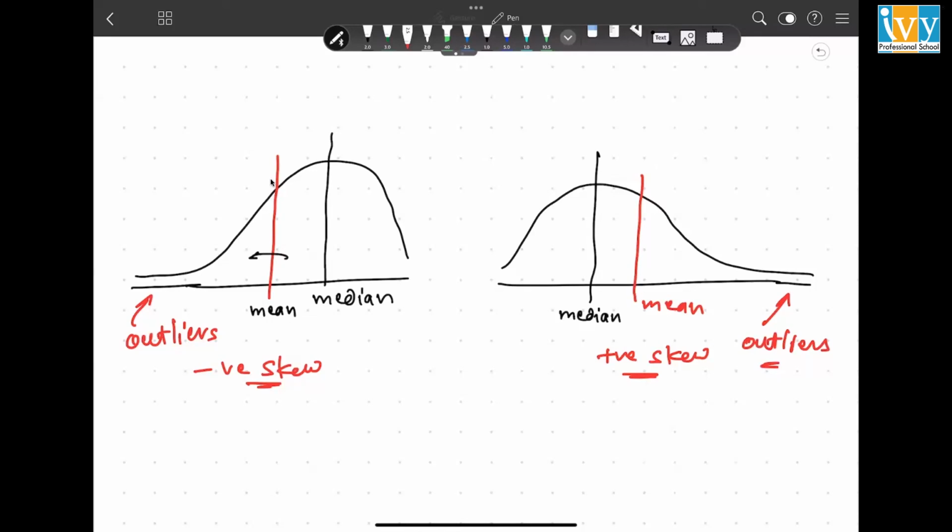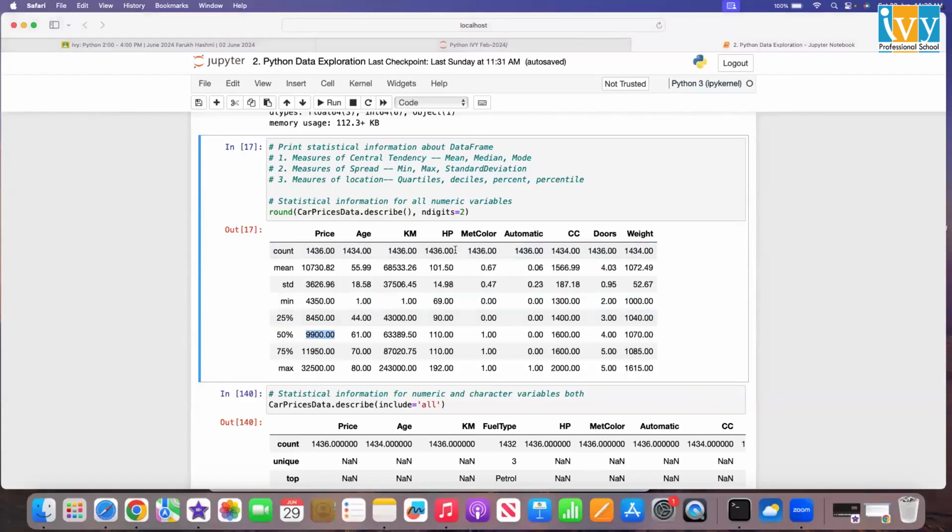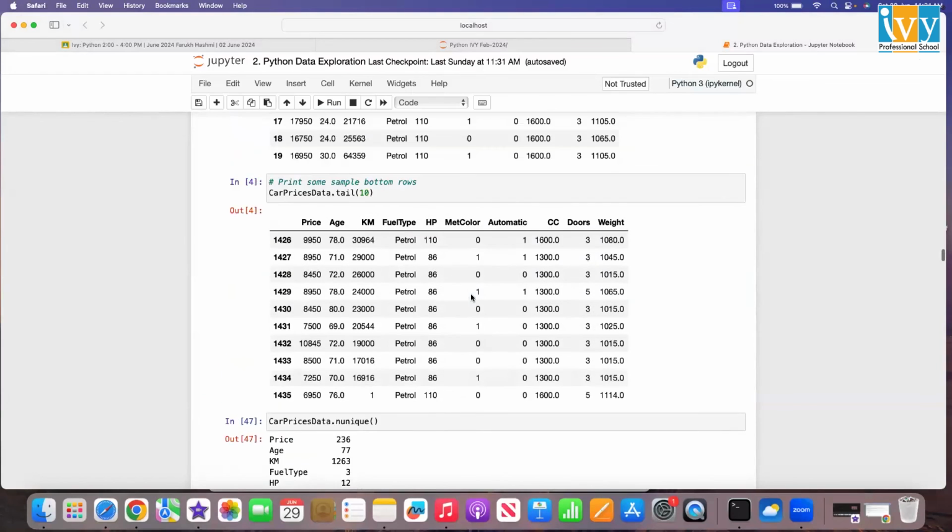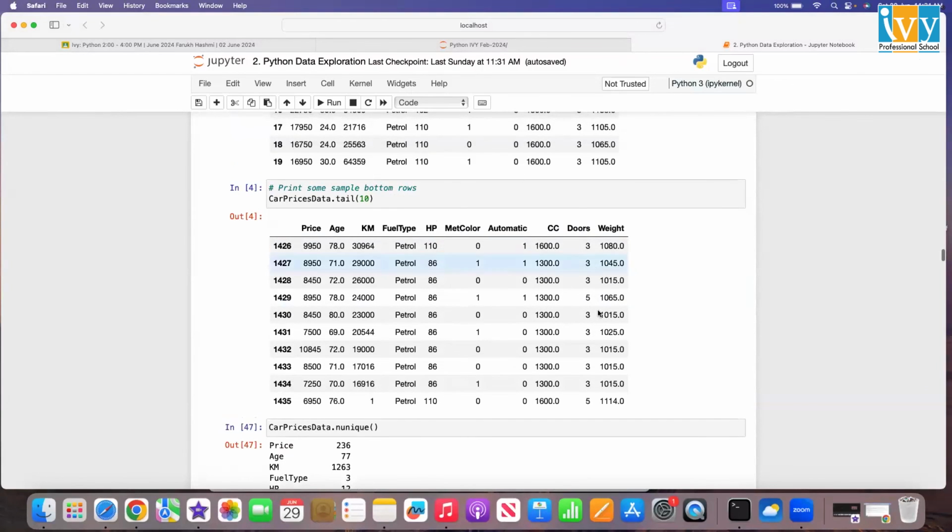So all of these statistics can be seen over here for all the columns, but not necessarily meaningful. For example, HP, all of these statistics may not mean anything to you because it's a category. For metallic color, although Python is computing these statistics because it has a number in it, they do not make sense because it's a category. So for categorical variables, it does not make sense. That is why it's very important before doing any kind of analysis that you understand clearly which column is what. Okay.